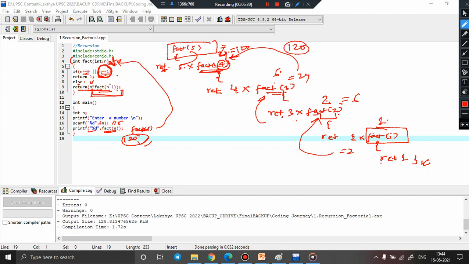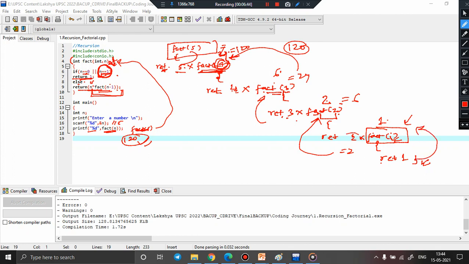Every time, first of all we passed value 5, then there was a recursive call again and we were returning 5 into factorial 4. This is the recursive call. Again 4 into factorial 3, right? Again 3 into factorial 2, 2 into factorial 1. This was the base condition. Here the base condition was met because n was 1 and we know that if n is 1 it will return 1. And so we started returning from here.